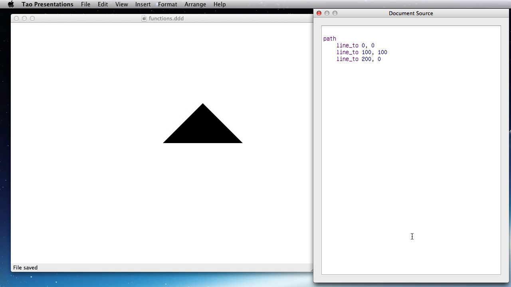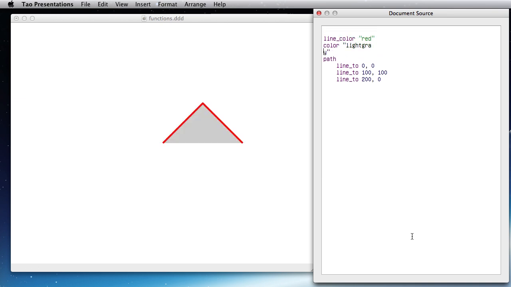So that's X and Y each time, and I can change the color, for instance, line color red, color light gray, and you see that I have the basis for my curves here if I can only repeat that easily. So let me make this black, transparent here, line width of 1, and now I'm going to repeat these lines here with something like this: draw